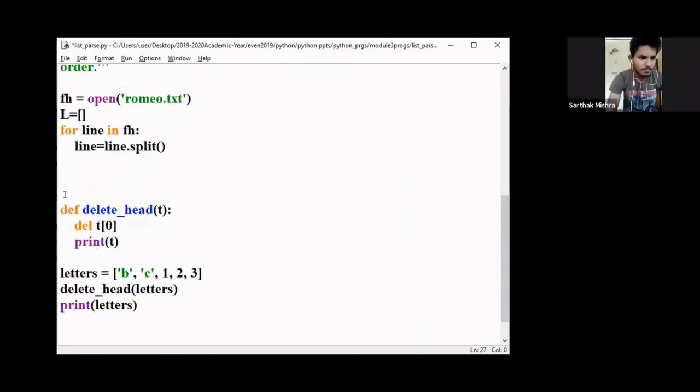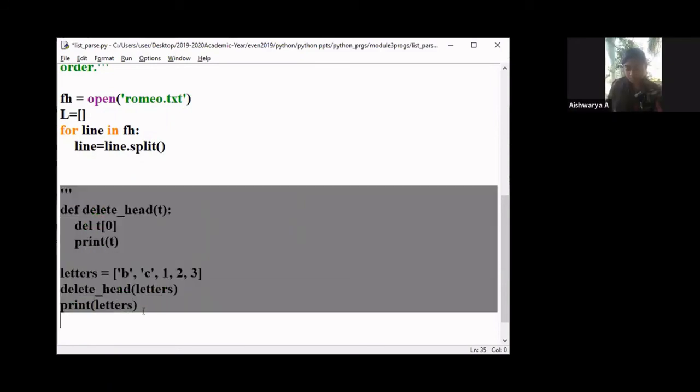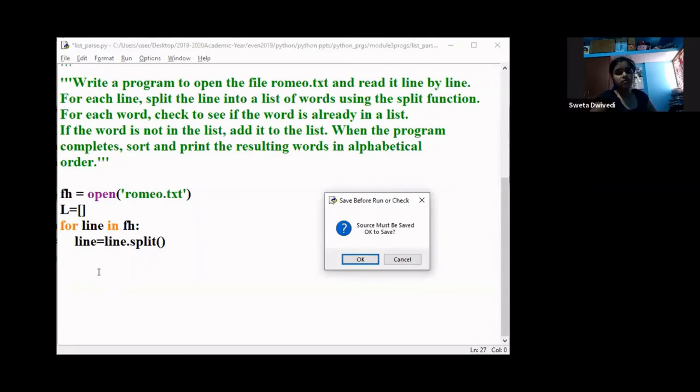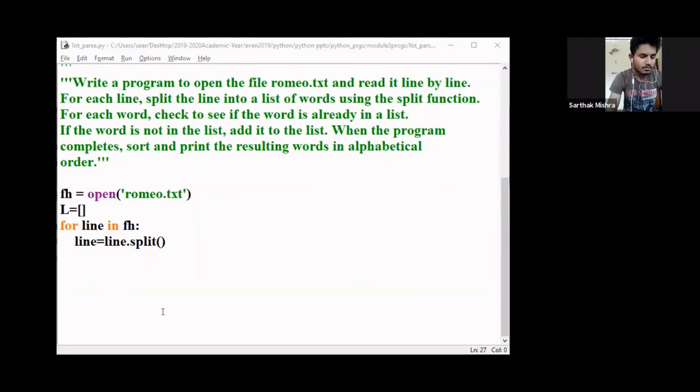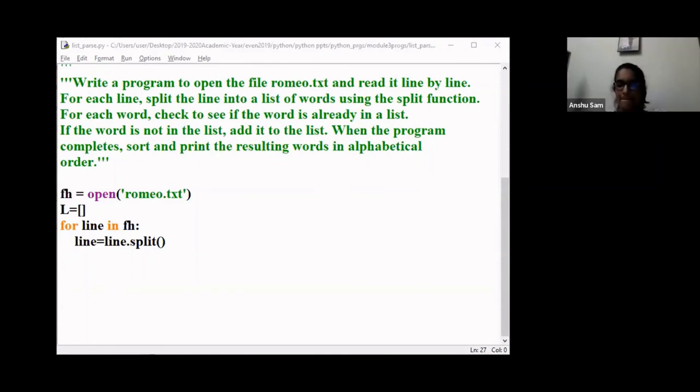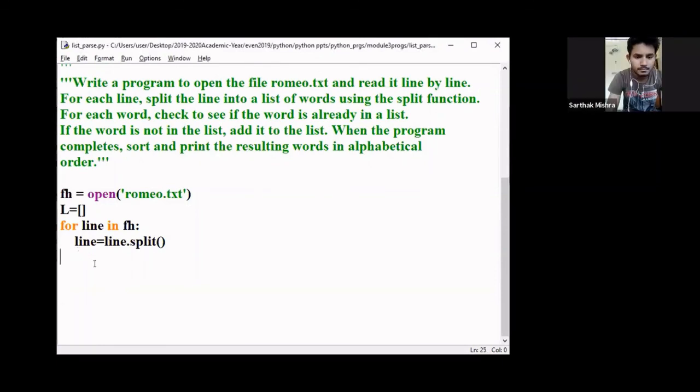I'll just comment this too. Oh, sorry, I didn't print, I should print it.